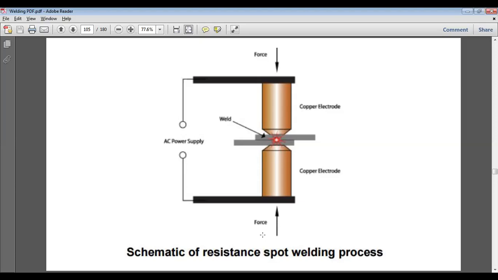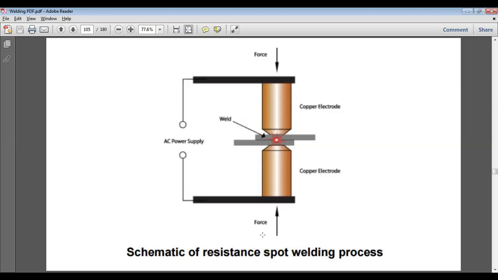Basically the lower electrode is fixed and only the upper electrode is movable. After putting the plates in place, we apply pressure, and by the application of force, the top